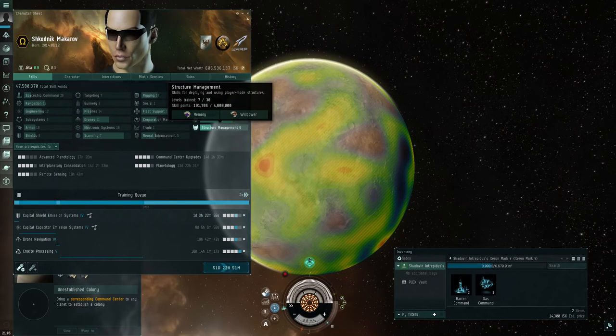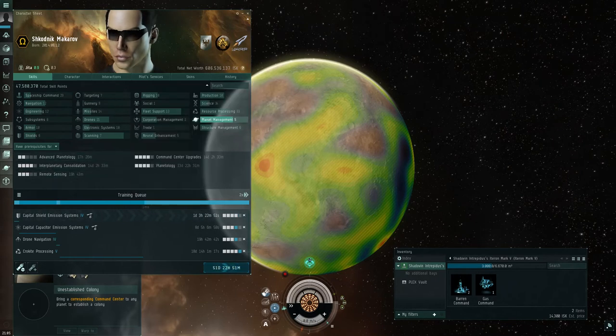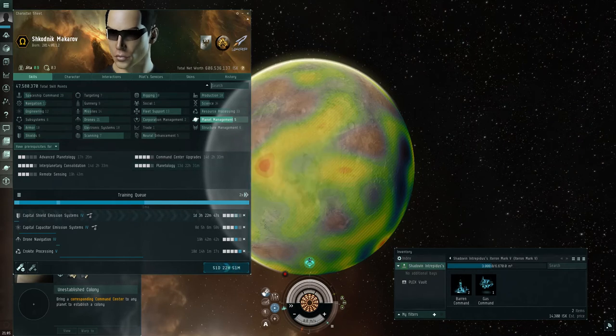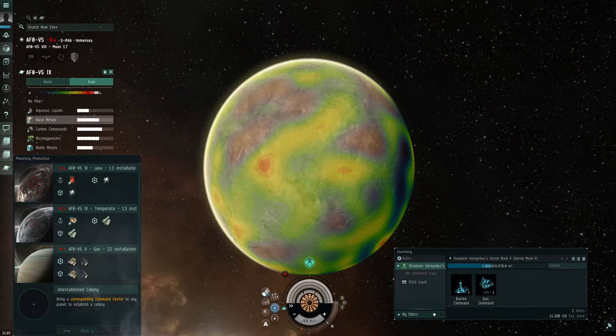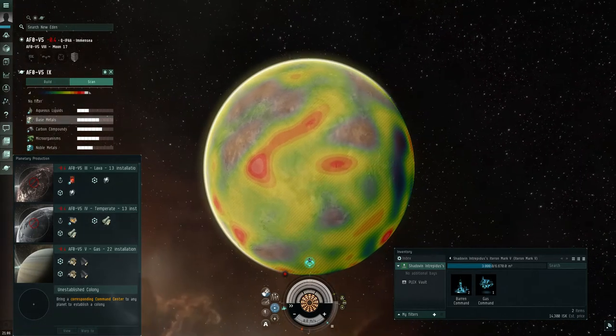Planetary management. Now in this case I've got advanced planetology 2 and regular planetology 4. So that's not perfect by any means, but it's reasonable, especially for what we're doing here. Those 2 skills combined will help you determine the focus of all the resources and density on the planet that you're working with. I usually try to keep it down here just so I have a little bit better idea of the